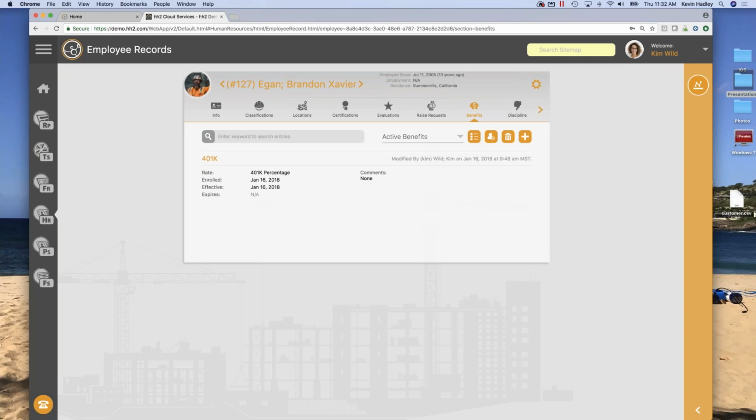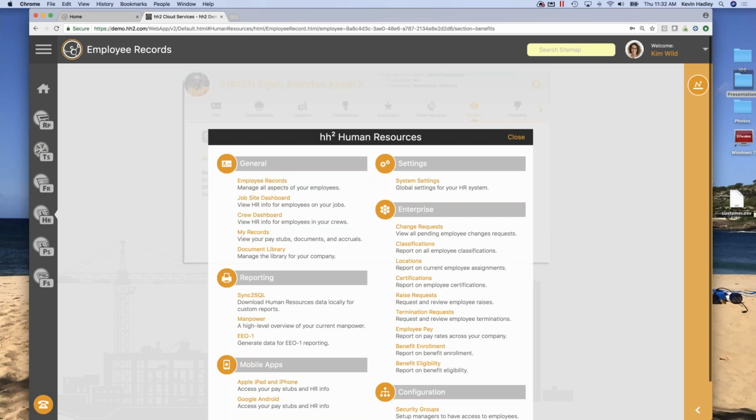So part of the setup, and I'll kind of take you there, for companies that want to keep track of these, if I change a rate in hh2, it's going to go down into Sage. Maybe I took an employee from a two-party rate or an employee rate to a family rate. Once I choose the family rate in hh2, it's going to apply the necessary fringe and the deduction based upon how I set it up.